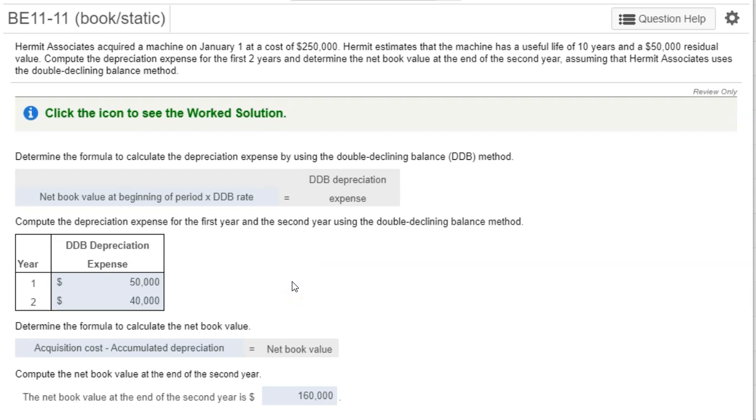So there is a special method for dealing with net book value and depreciation expense towards the end of the life when you're using double declining balance. But to get through these 3, just years 1 and 2, it looks like you've got enough information, and I